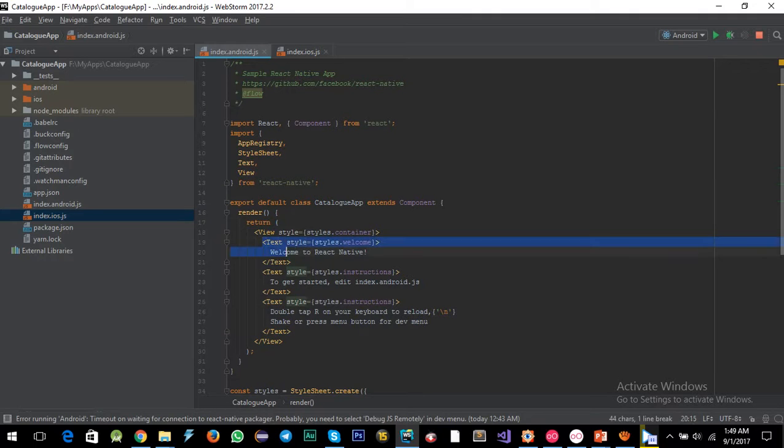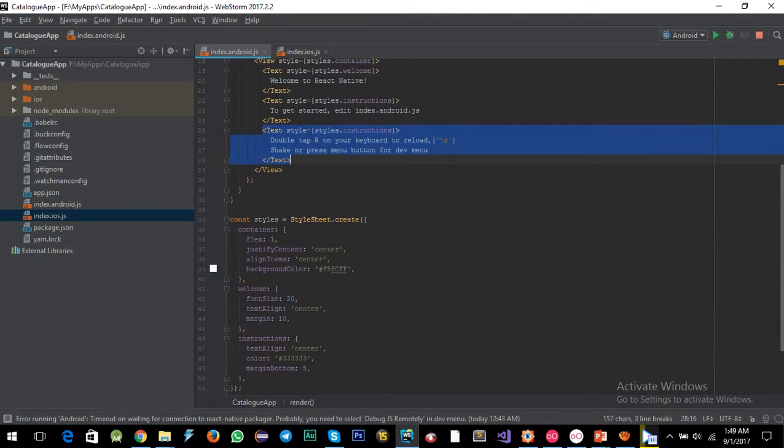So we have a text. This first text is showing us welcome to React Native. The second text shows us get started, edit index to this. Then this one shows us to double tap R on your keyboard. So down here there is a